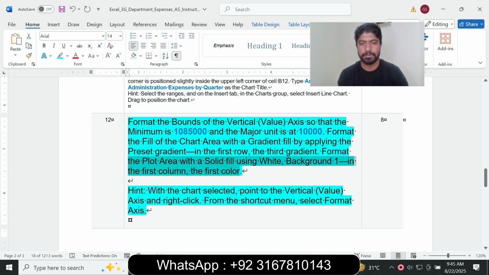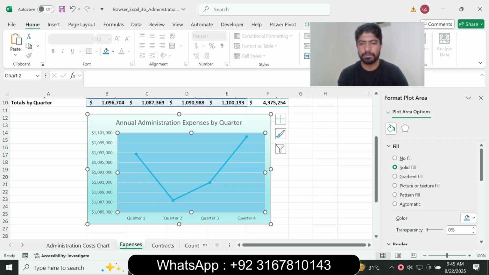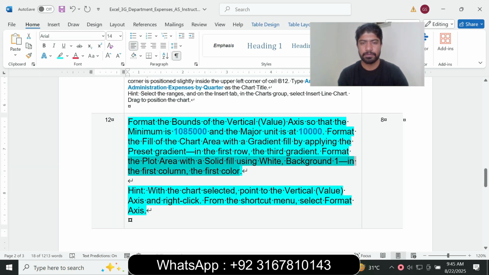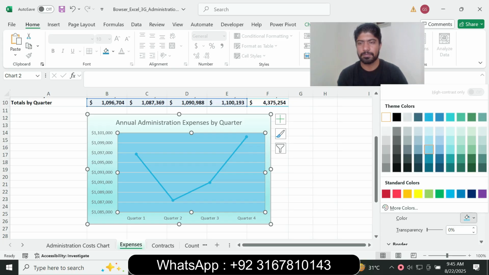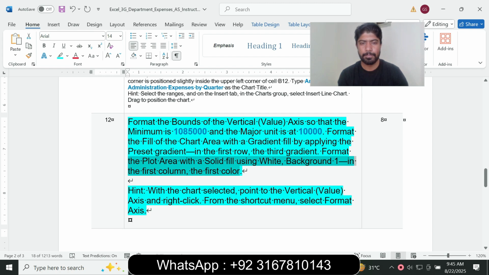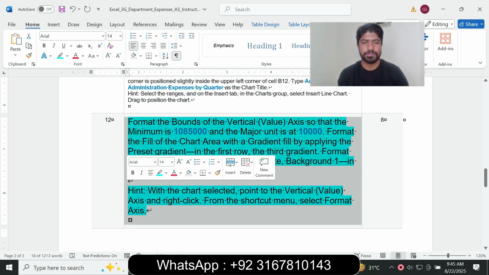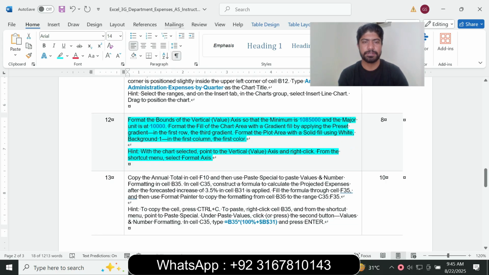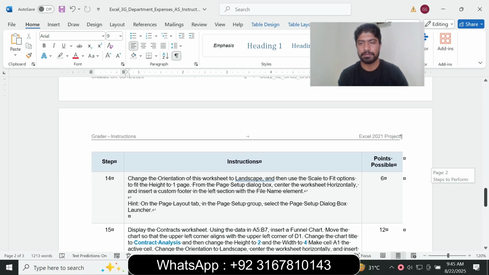So format the plot area solid fill using the white background one in the first column, first row. First column in the first row, first color. So question number 12 is complete, and